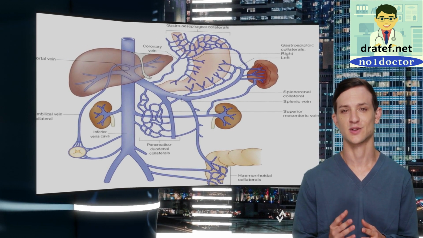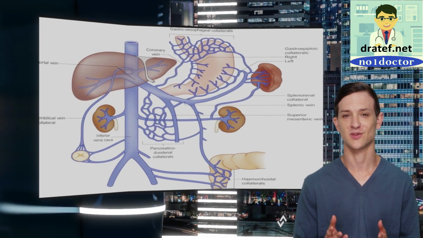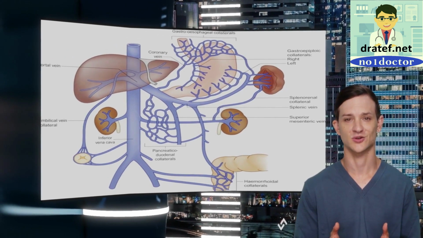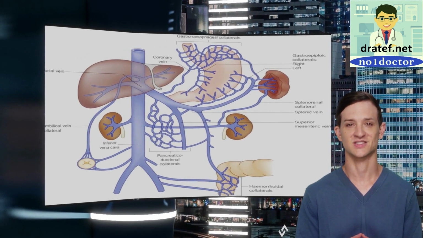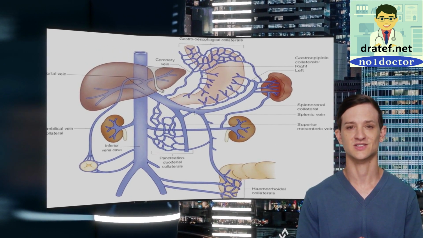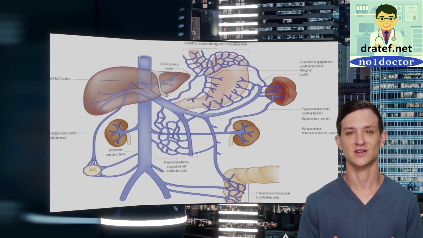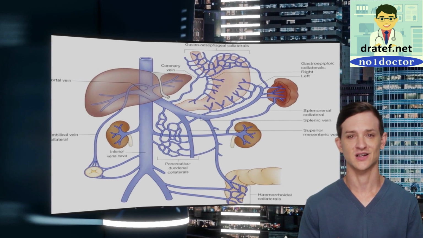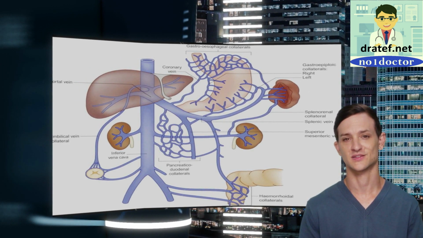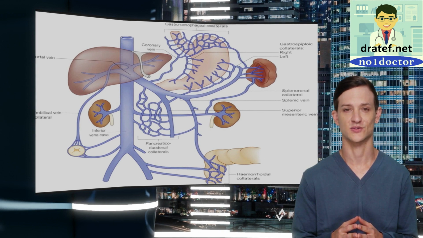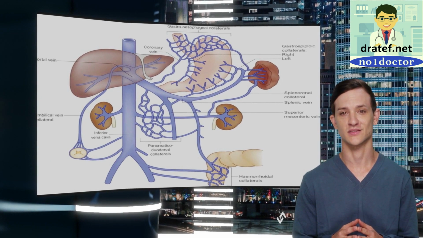Today, we will talk about the portal system of veins. It drains blood to the liver from the abdominal part of the alimentary canal, excluding the anus, spleen, pancreas, gallbladder and ducts. Distal tributaries correspond to and accompany the branches of the celiac, superior and inferior mesenteric arteries. The portal vein forms behind the pancreas, composed of the splenic vein plus the inferior mesenteric vein or superior mesenteric vein.